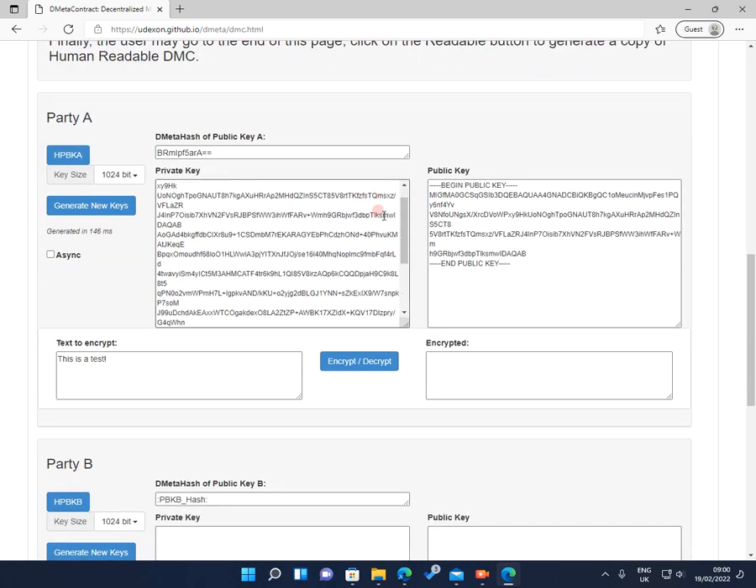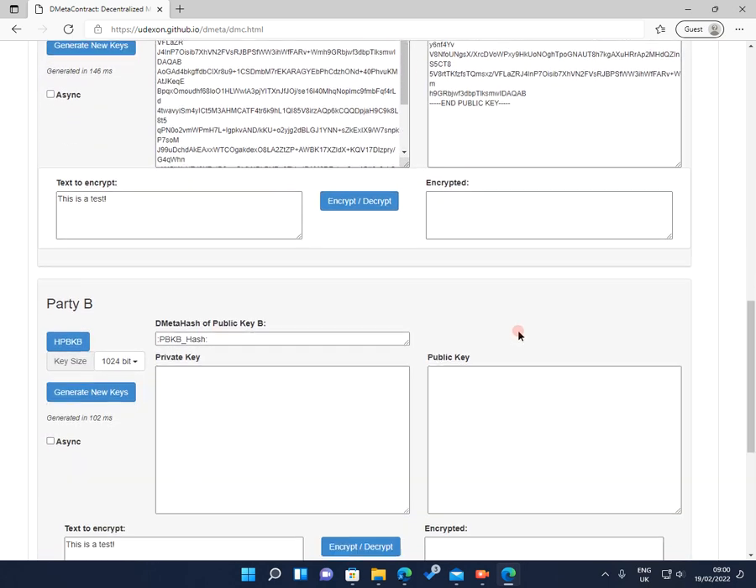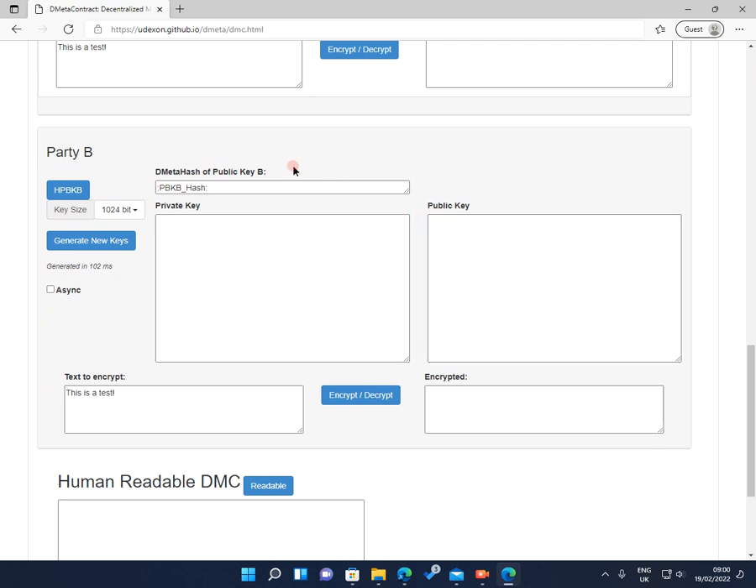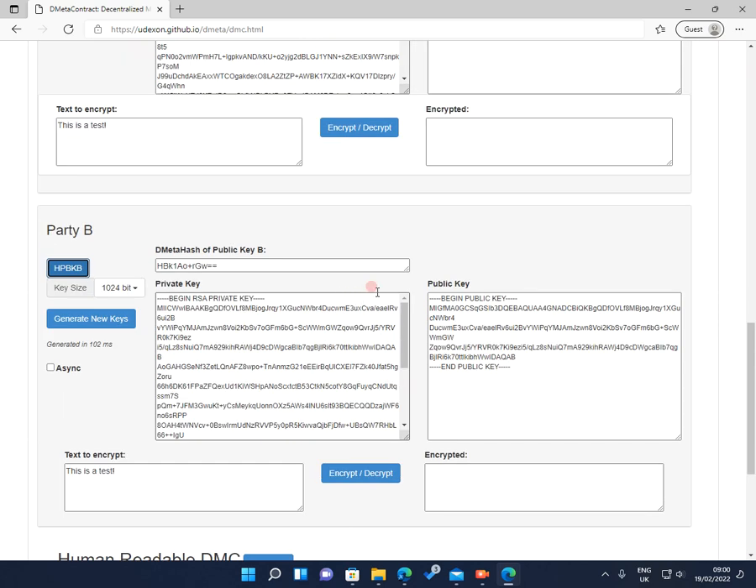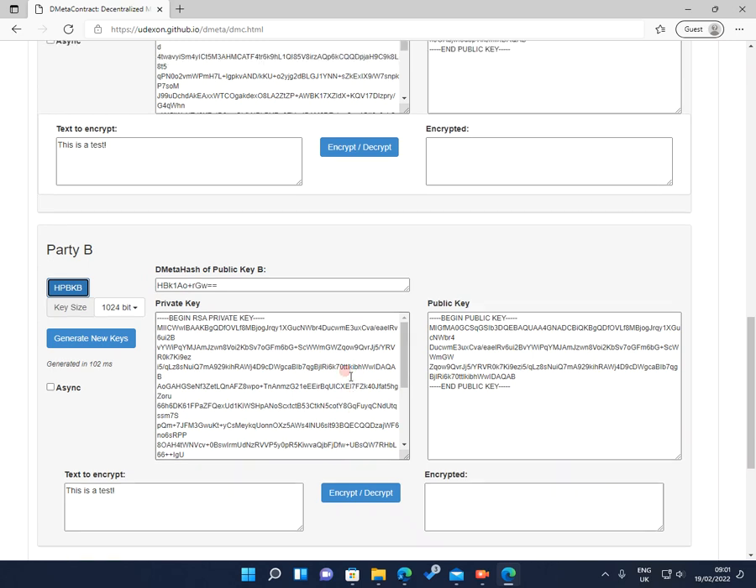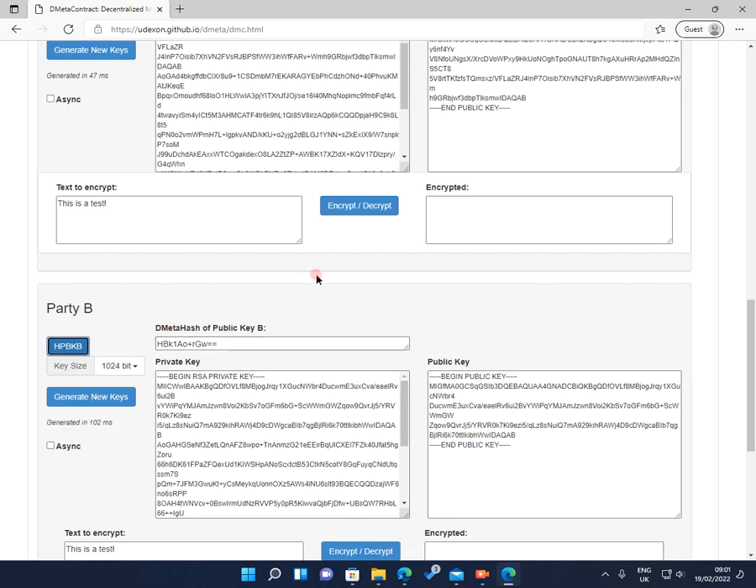The next thing you'll need is that of party B. Now, for the sake of this demonstration, you can generate the keys and the hash here, but in real life what you'll do is you'll ask the other person to give you their DMeta hash, and you'll just copy and paste that into this box here. So once you have those two,